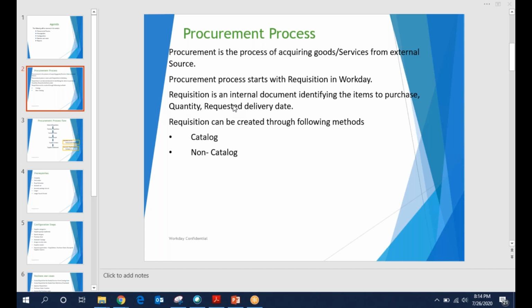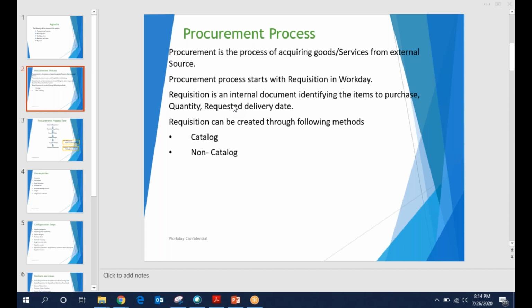And what is a catalog? A catalog is nothing but a list of products. Whenever you go to a furniture shop, they give you a catalog of the products available to buy. Let's say on Amazon, from one of the sellers, there is a catalog for that particular seller.